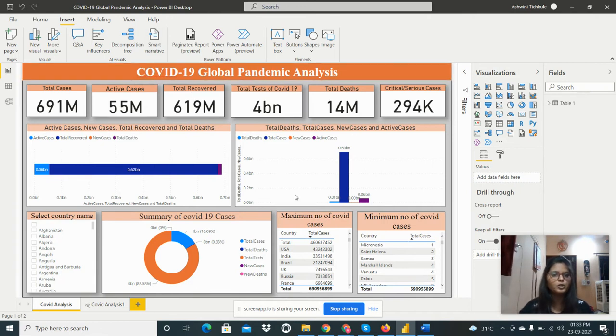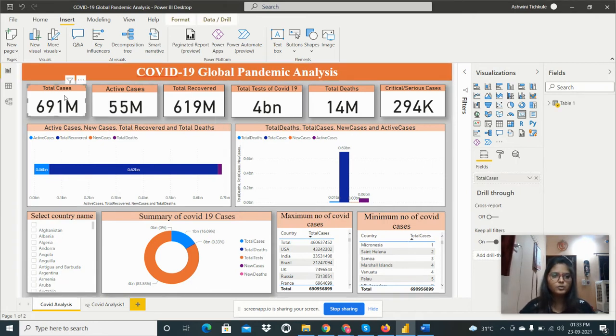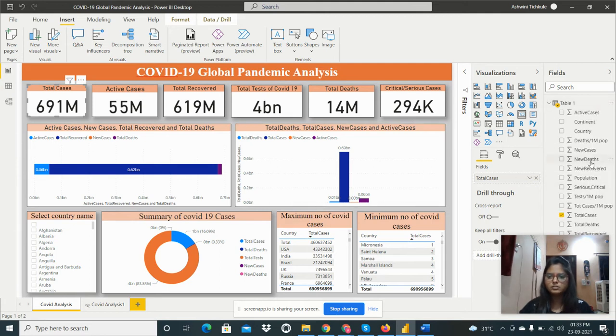Okay, so like this, I have created this text box as a heading of my visual report. Then I took one card from here. So in the visualization pane, there is one option to take a card. Okay, so we need to select this card, and then I added the total cases in the field. So this is giving me total cases as per country. As I select these countries from this slicer, I get the total cases, active cases.